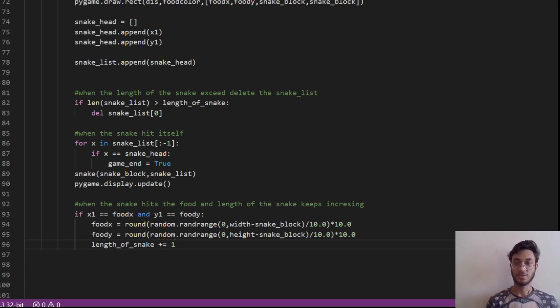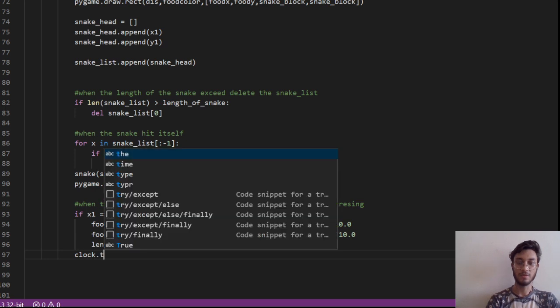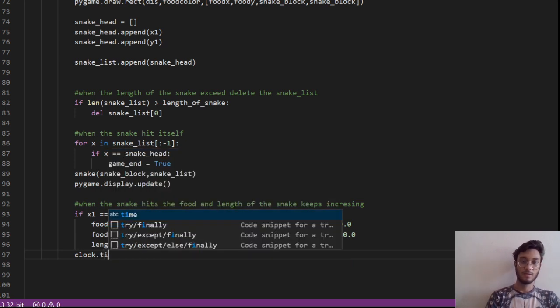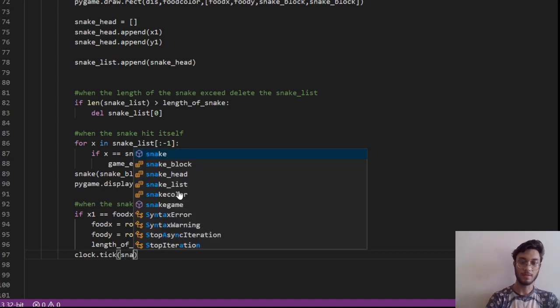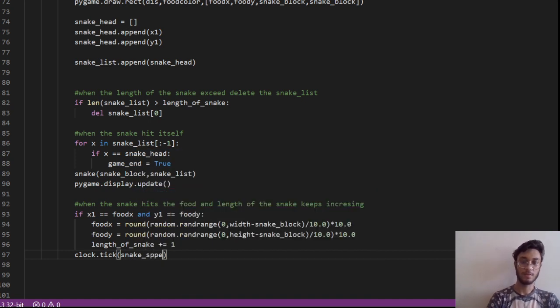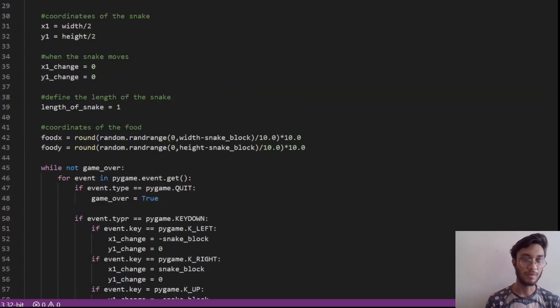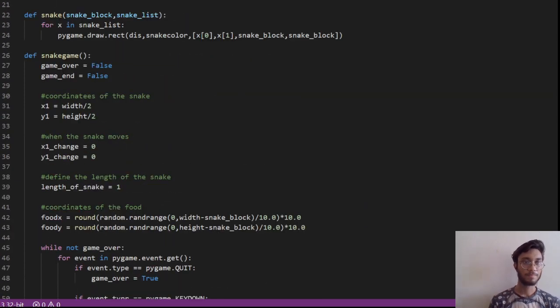At the same time, the speed of the snake also increases by 1. So we are going to use snake speed. Snake speed is a variable which will be increasing every time, so we will be assigning the variable value over here.